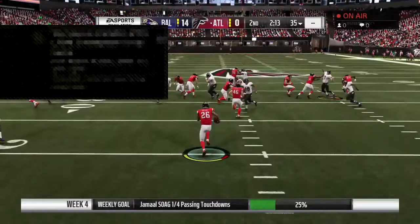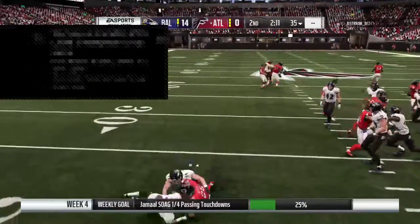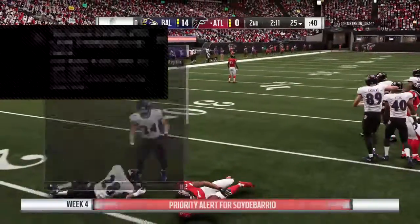I told him I was going to win. I told him that a while ago. But he stopped where he ultimately would have been, and he